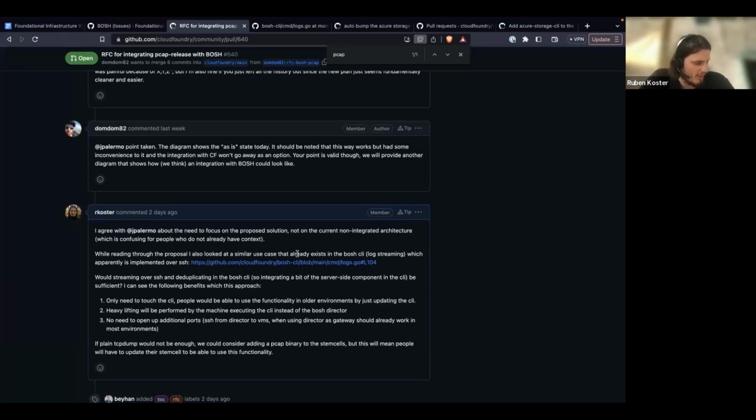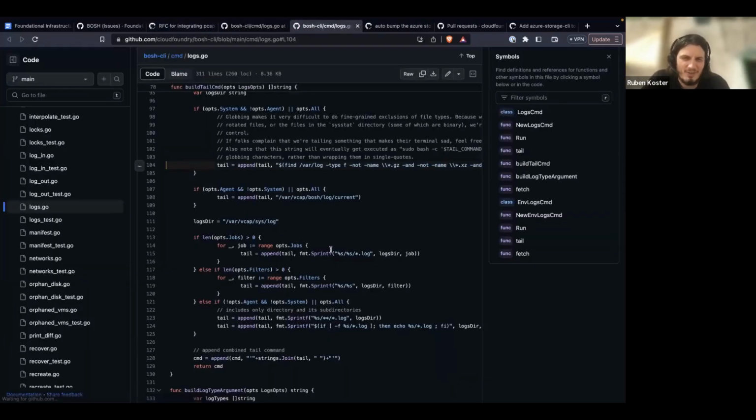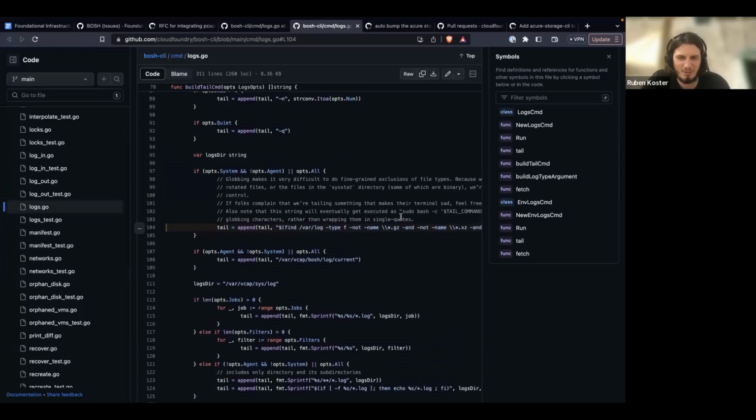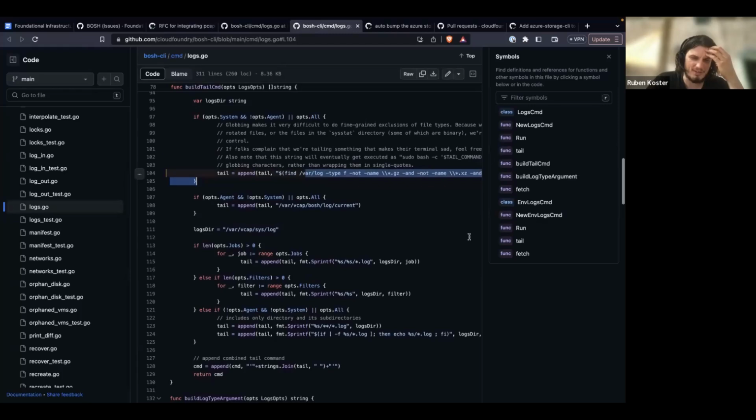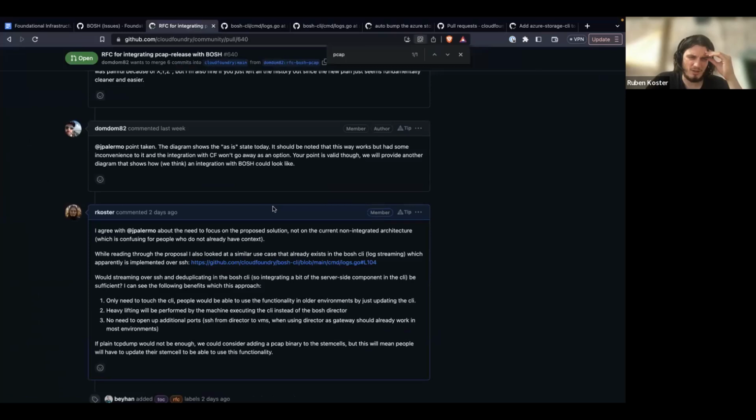And I remember that we already have something like that in the Bosh CLI, where you can do a tail -F, I think, to follow logs, to tail the logs of the different instances. So I was wondering, how does that actually work? And then it turns out that's just going over SSH. So it's just doing a Bosh SSH under the hood and doing some magic, and then just using that to stream the logs from all the instances to the Bosh CLI,